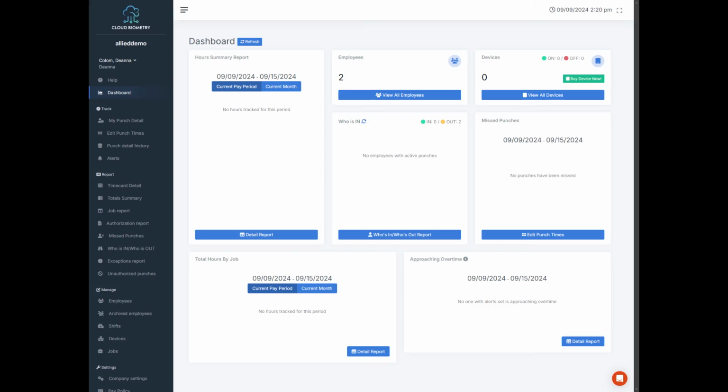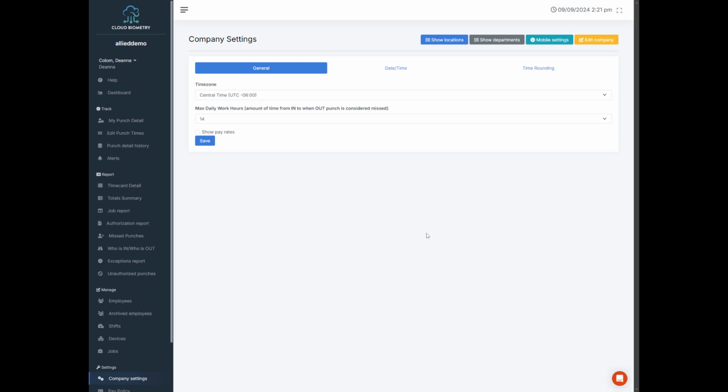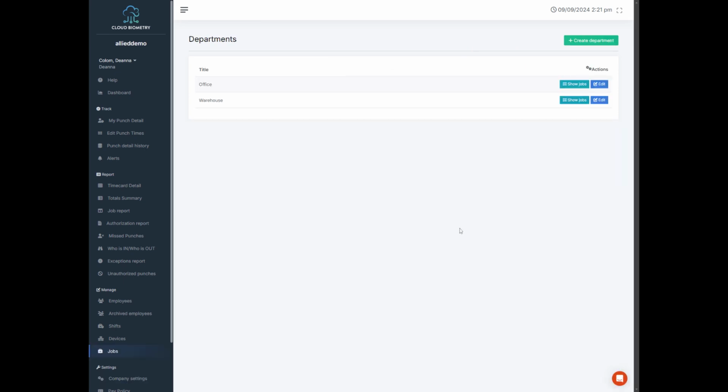Today, we're going to be going through how to create departments and jobs. To begin creating a department, we'll want to navigate to the left pane and select the Company Settings option. Within Company Settings, there is a Show Departments button that we're going to click that will take us to the